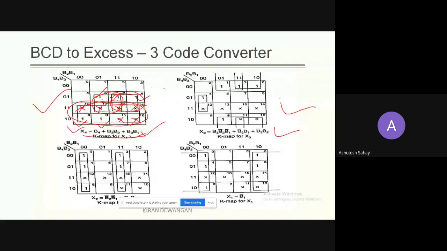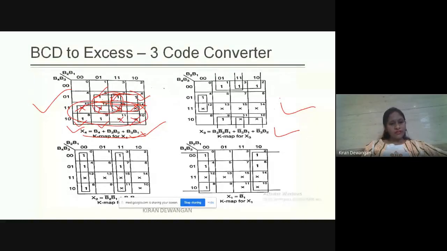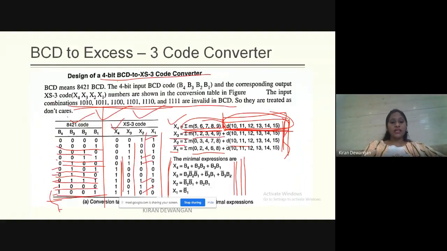Ma'am, we are declaring 10, 11 up to 15 terms as don't care, and they are also illegal. Then why are we forming combinations, quads or octets with those terms? Whenever we use don't care terms, they are always considered in the quad and octet formation. That is your illegal combination. Those will not be the actual terms present in the conversion. But here you do have the combinations, right? They will come from the 4-bit combinations.